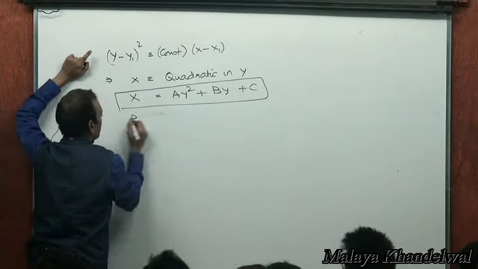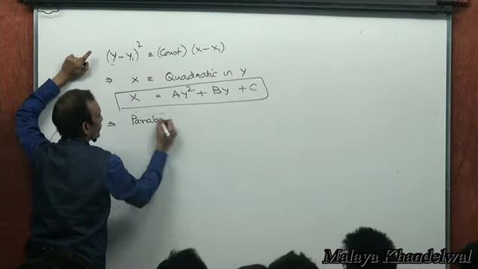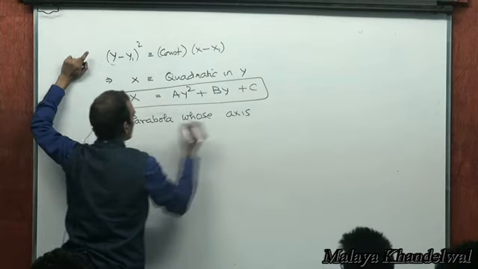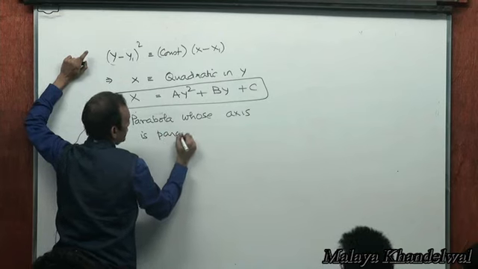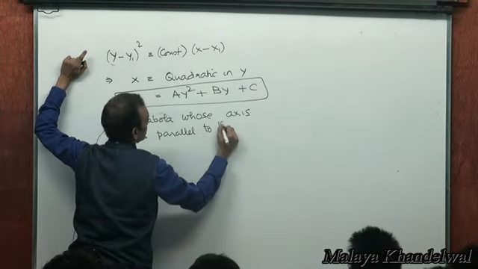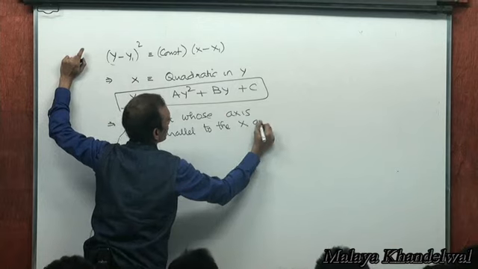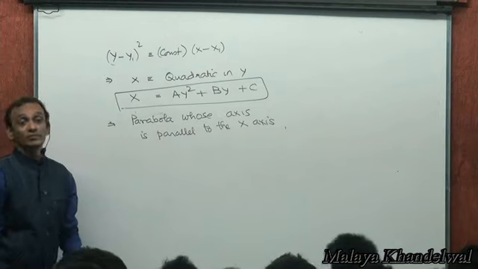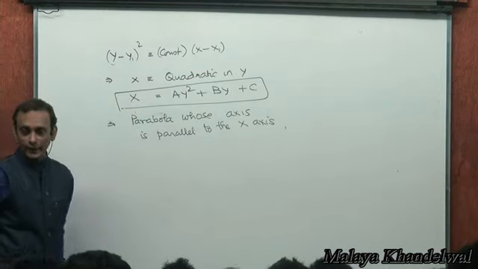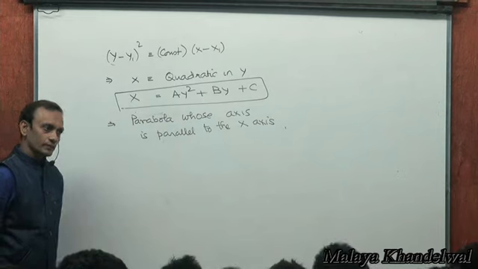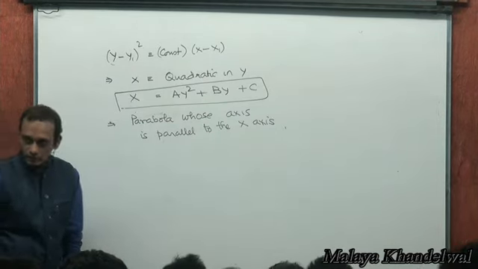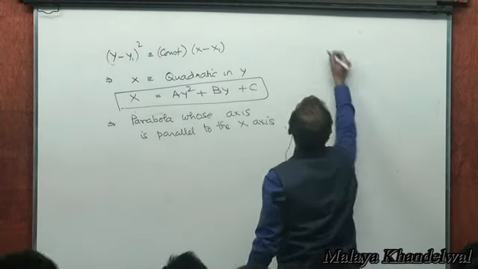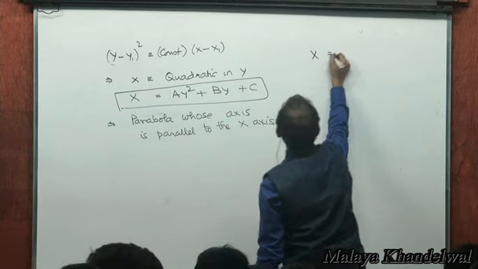then it will give me a parabola whose axis is parallel to the x-axis. X equal to a quadratic in y will give me a parabola whose axis is parallel to the x-axis. Clear? Which means, say if someone gave me x equal to